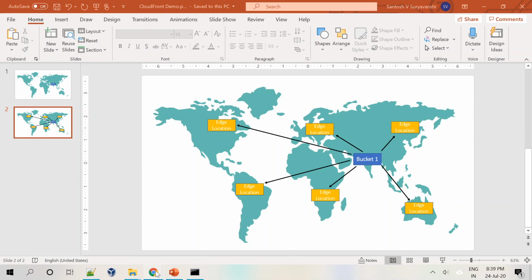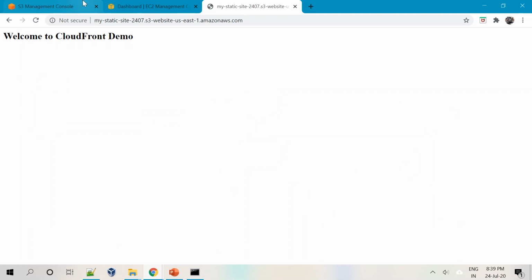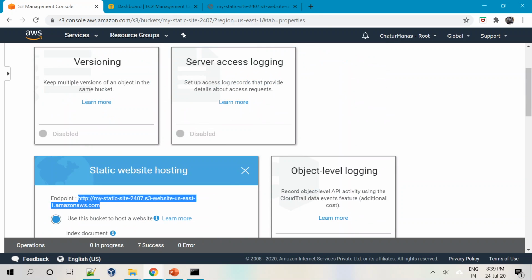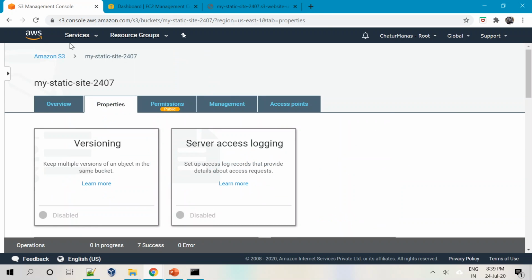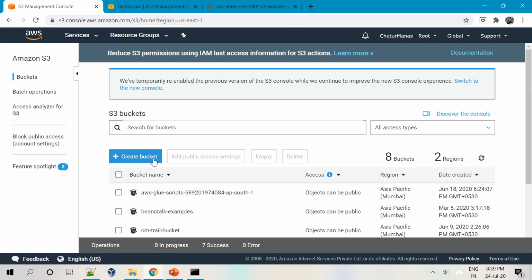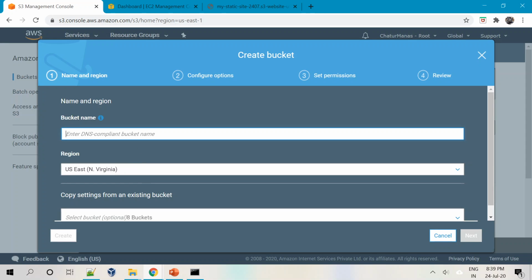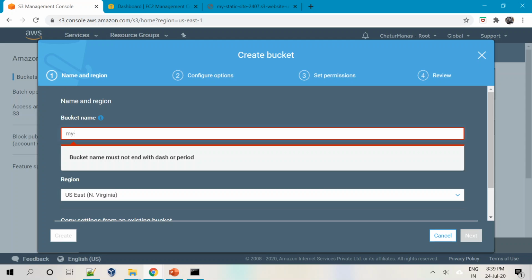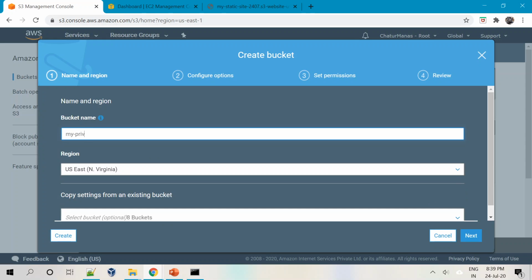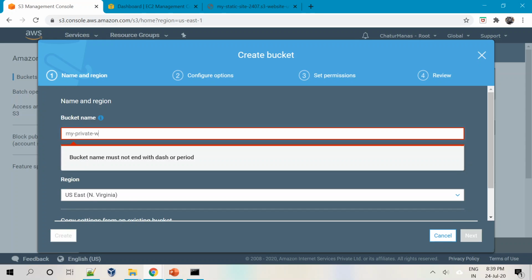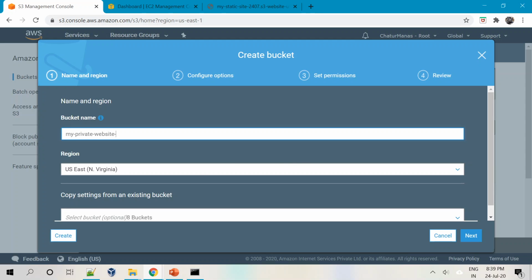So I'll go back to the AWS console and let's create another bucket, wherein I will host some private website. I'll go to create bucket, and this time I will call it my private website created on 24/07.